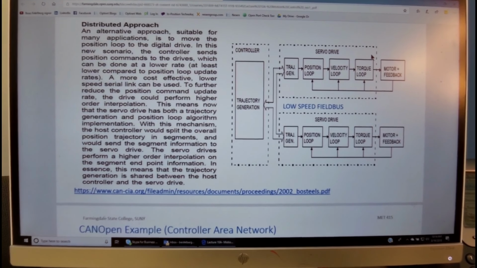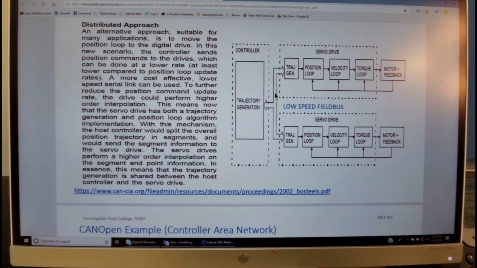We see here a more advanced system, which is a so-called distributed approach of servo controllers, when the controller is responsible for just generating the trajectory for each one of the axes, and then the servo drive is a smart servo that has the position loop, velocity loop, and torque loop, and also its own trajectory generation, perhaps with flying function based on the trajectory generator, which is at a slower rate coming in from the controller.